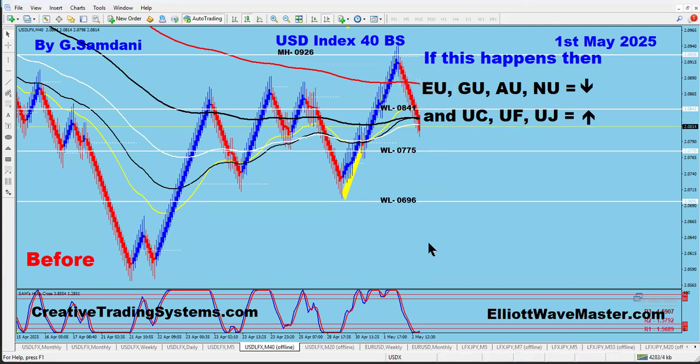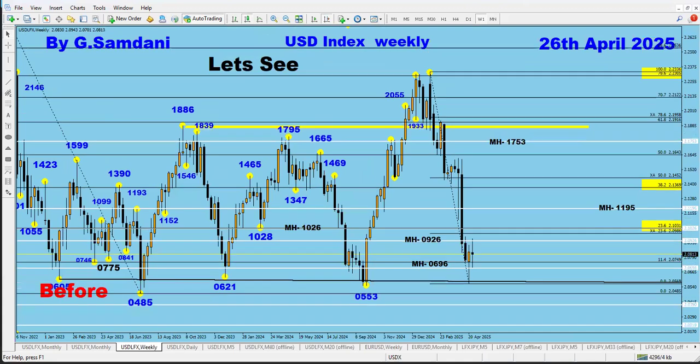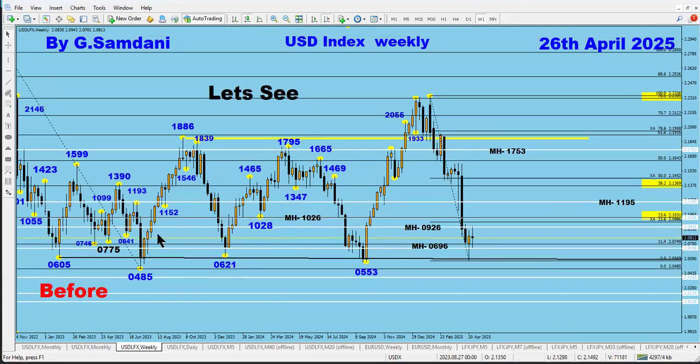So it's getting weaker on the basis of what? So the weekly chart was this, right? And I said that we might be able to bounce a little bit, but we went up, then we hit that number, 0926, and then now kind of dropping. If the NFP number comes out bad, then we're gonna drop even more, right? And where the heck are we gonna go?